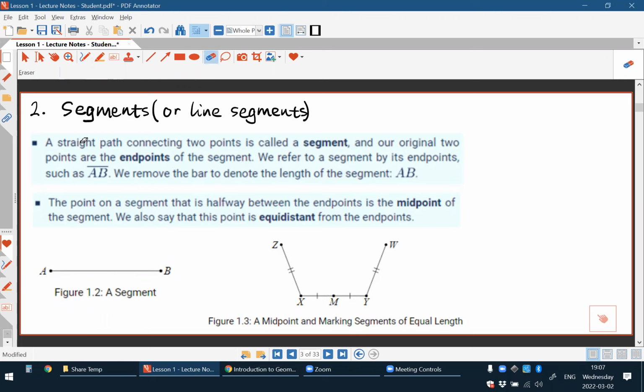Okay, and some related concepts are midpoint and equidistant. The point on the segment that is halfway between the endpoints is called the midpoint of the segment. So for example, in the graph on the right, we have a line segment XY, right? XY is a segment, and M is a midpoint because the distance between X and M and Y are equal. We also say that this point